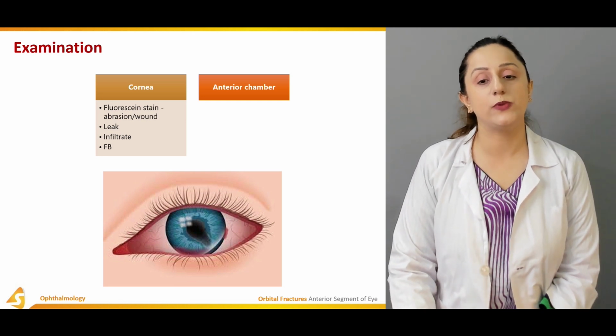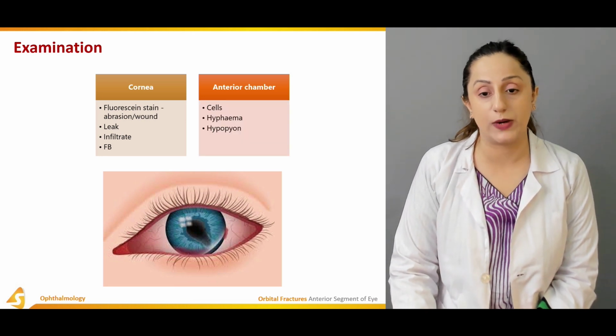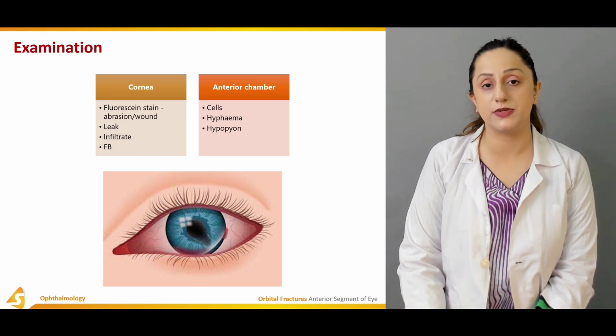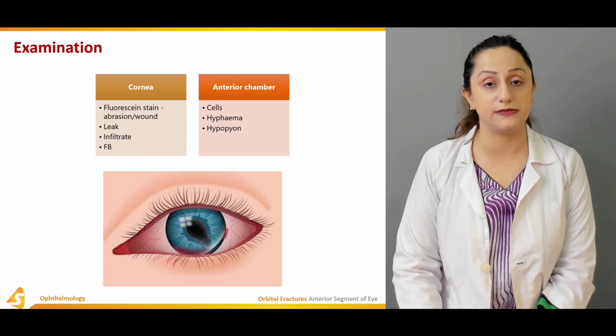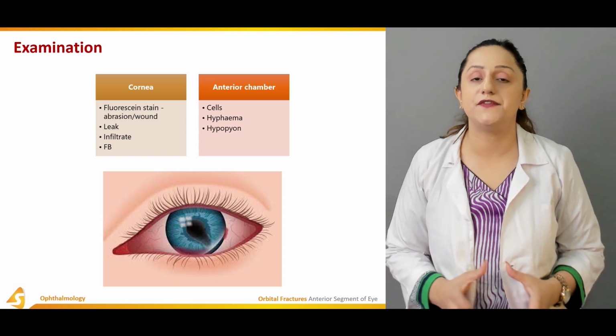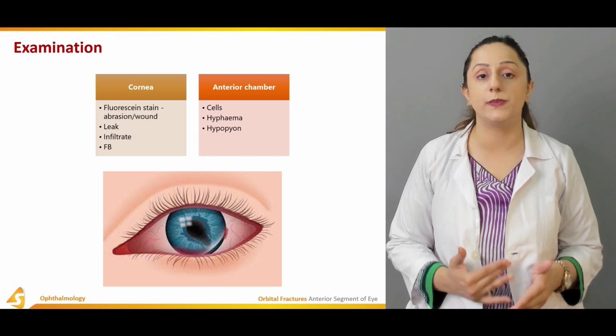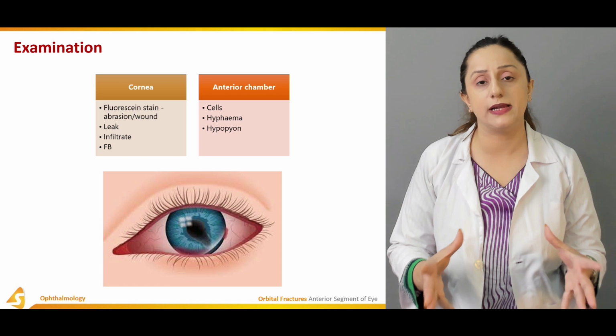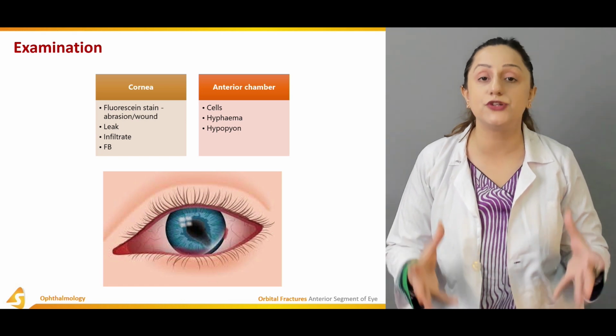On the other hand, we have the anterior chambers as well. We have these cellular structures that are seen in this particular case, and then we have the hyphema. How do you define hyphema? It's basically the collection of blood in the anterior segment, and due to gravity, this pool of blood is usually collected in the inferior segment of the